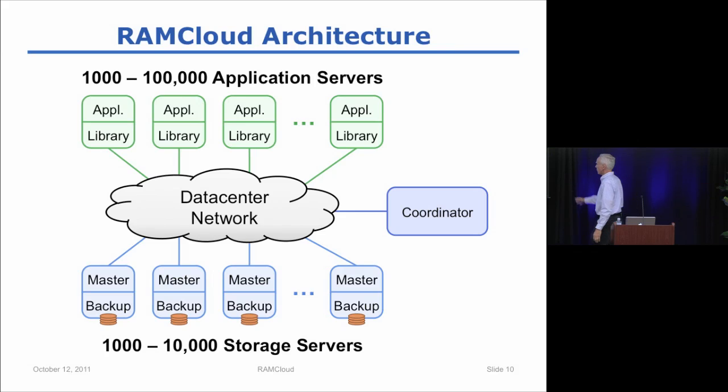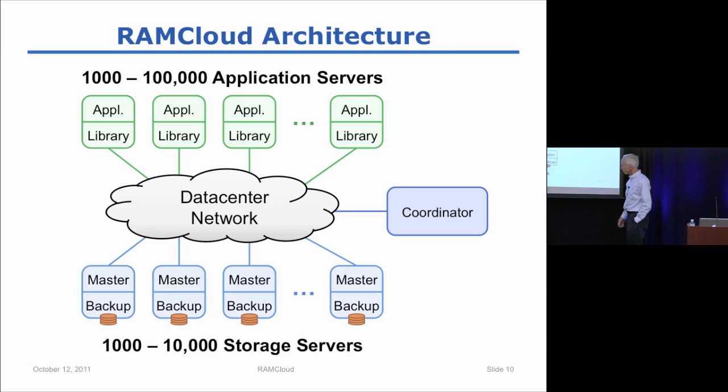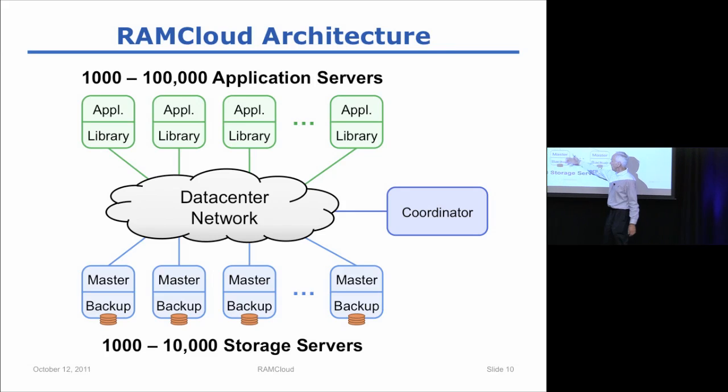So a RAMCloud system will look something like this slide, where the RAMCloud system itself is a software package that runs on off-the-shelf hardware. We're doing our development on Linux right now, using a large number of machines, at least 1,000 and hopefully 10,000 or more storage servers; it will be able to support at least that many. Each storage server has 2 components, a master and a backup. The master is the thing that manages data in DRAM and responds to client requests. I'll talk a little bit more about that in a bit.